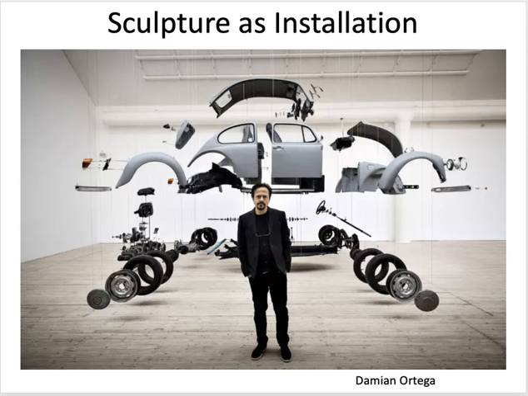This is the artist Damian Ortega, and I absolutely love his work. I highly recommend looking him up. This is a piece from 2002 that is called Cosmic Thing. And what Ortega did with this piece is he actually took apart a Volkswagen Beetle and separated each of the individual parts of the car and then suspended them in space so that they actually look almost like a user's manual for